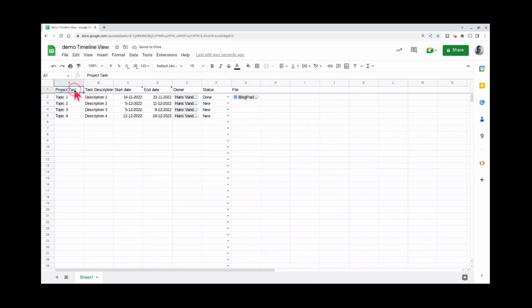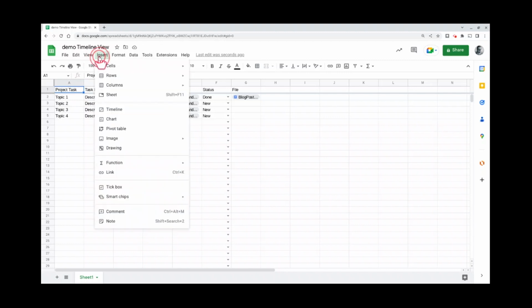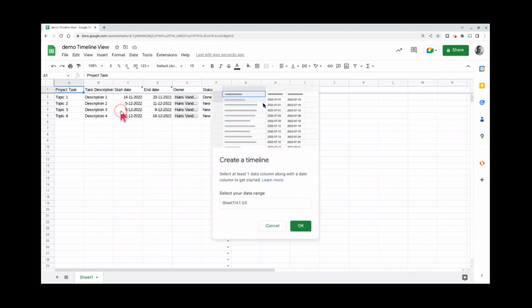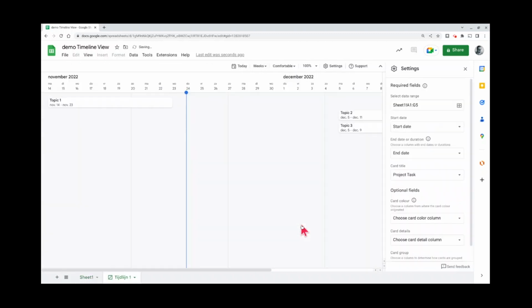So when we have our data, we can now insert a timeline. The system will suggest a date range. This is from the beginning to the G5 row. That will do for now. You will see that adding new lines will also expand the data range for your timeline view. As soon as that has been done, the timeline will be created automatically and will add the settings bar here